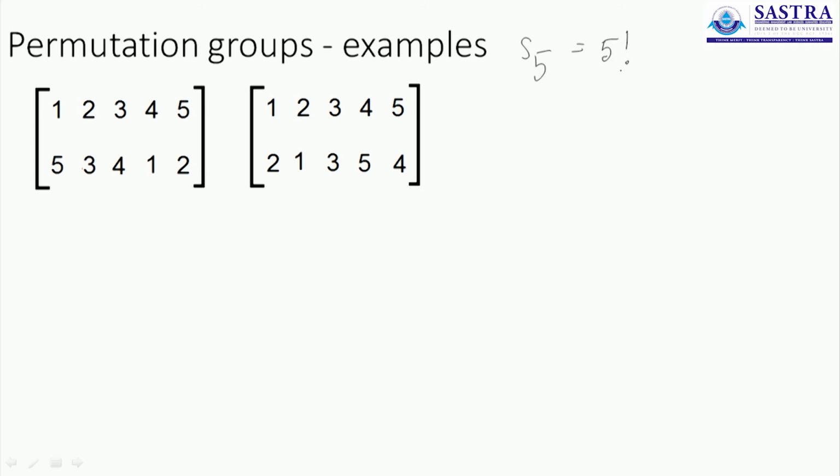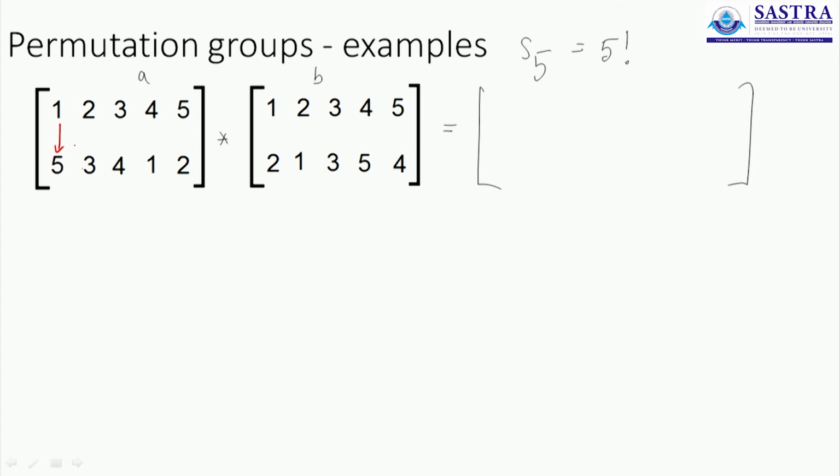I have picked 2 permutations. One in which 1 is mapped to 5, 2 is mapped to 3, 3 is mapped to 4, 4 is mapped to 1, 5 is mapped to 2, and the other one in which the mappings are like this. This is how we have rearranged. Now I want you to find out what happens if I operate this entry, let's call it A, and this element B, when I operate A on B from the left. Let's get this practice done. We will follow the images to help you identify it easily.